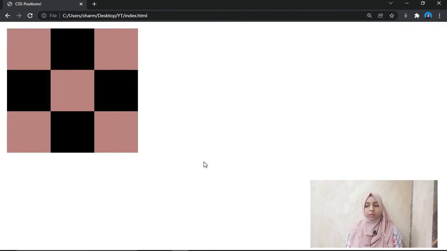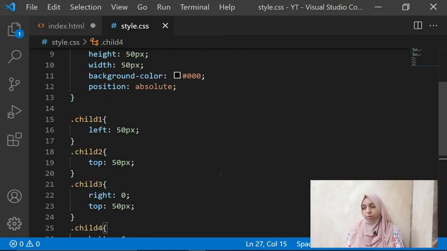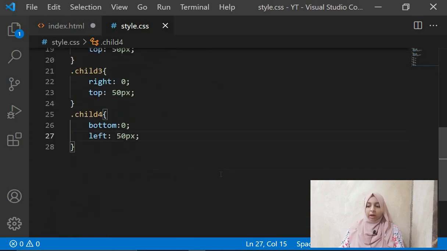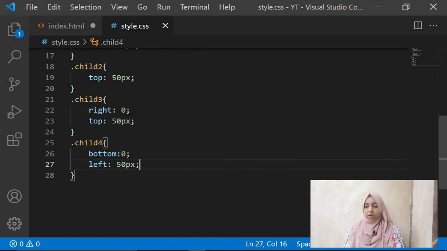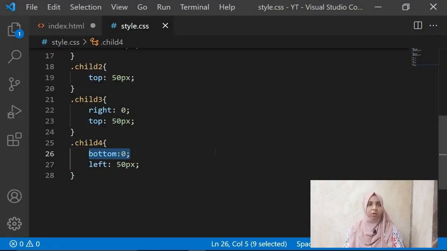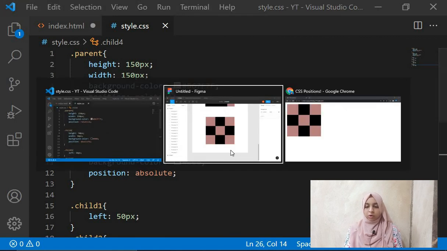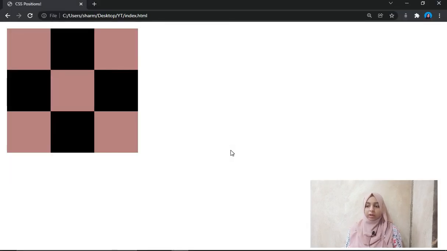So that's it. One more thing that I need to tell you is, not everyone will be giving the same values to the left, right, top and bottom as I did. This is how I approached this question. You might have done something else also. You might, in place of giving it a bottom of 0, have given it, for example, a top of 100 pixels. It would work the same, right? So no problem if your code looks different, but it should give you the same output as here, so then it's perfect. Okay, so I hope these 3 examples helped you to understand position absolute and relative more nicely.